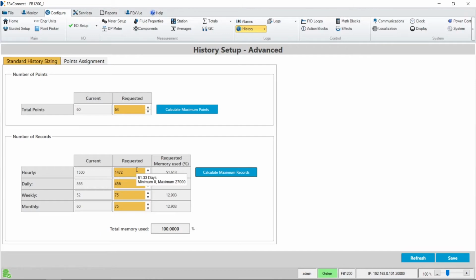In a different use case, perhaps for your application, you only need, let's say, 5 parameters in your FB1200. This could be if you had a single differential pressure meter, where the 5 parameters would be differential pressure, temperature, flow rate, and a flow total. In this case, you could really maximize the hourly data. So if I press Calculate Maximum Records here, you can see that I can record over 361 days worth of